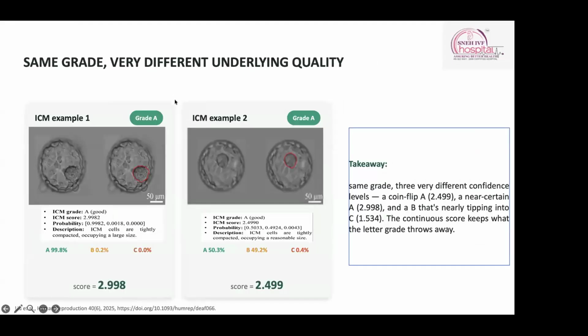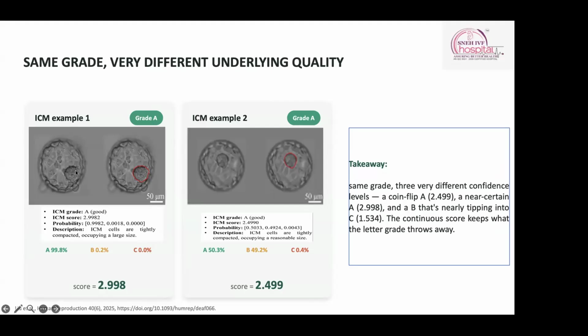For example, if in both these pictures the ICM is of A grade, both the pictures are exactly the same and the ICM is also perfectly fine. So if I have to grade it, it is A and A. And if I have to choose one for transfer, I can choose any one of them on the basis of